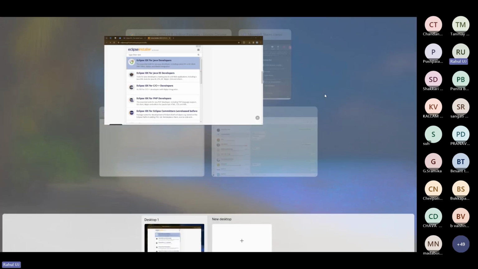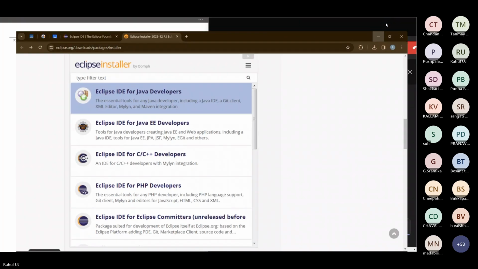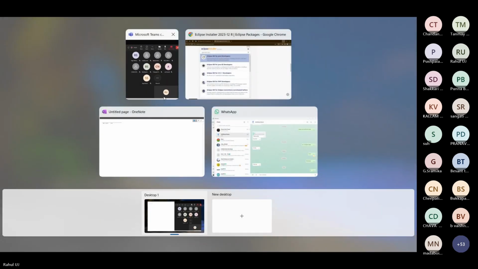So, is this screen visible? The Chrome tab, is it visible? Yes.